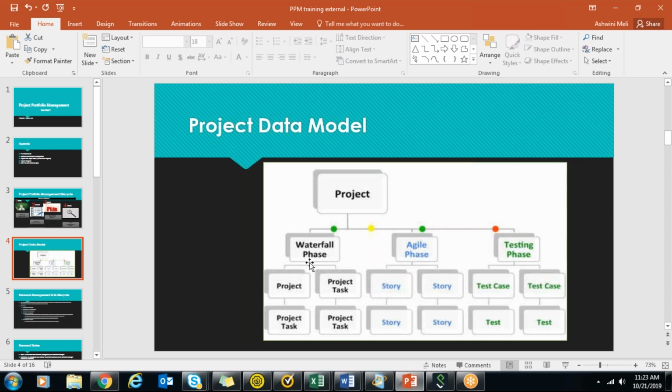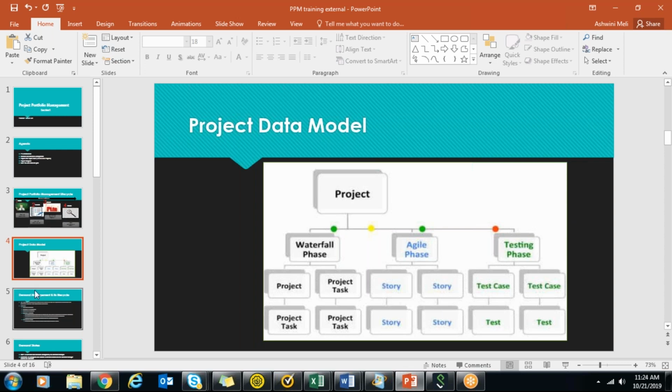In agile phase, you have different stories, like in the first 15 days, one sprint will be there with stories, and stories can have scrum tasks. Every 15 days, some stories are selected, like there is a sprint planning that happens, and story wise the project is delivered. And in a testing phase, there are test cases and tests that happen.